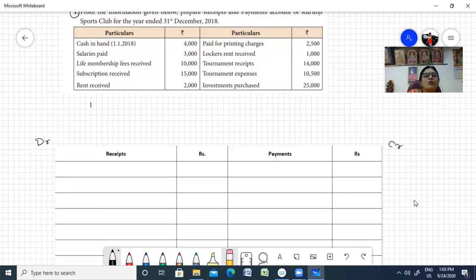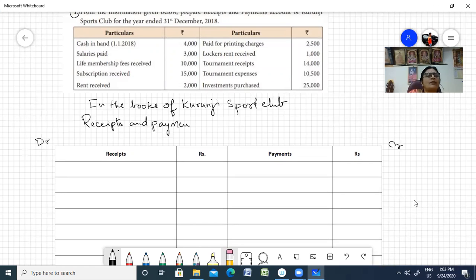Okay, so in the books of, what's his name? Kurunji, right? In the books of Kurunji Sports Club, receipts and payments account for the year ending 31st December